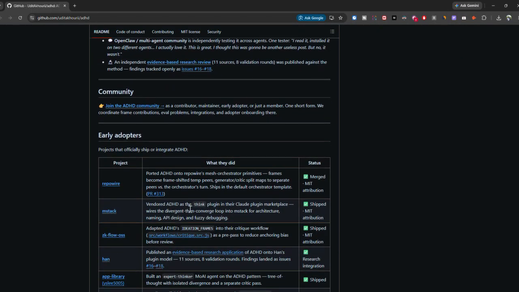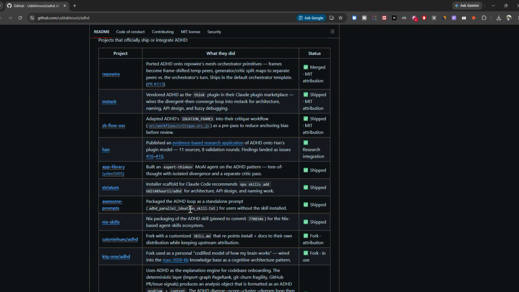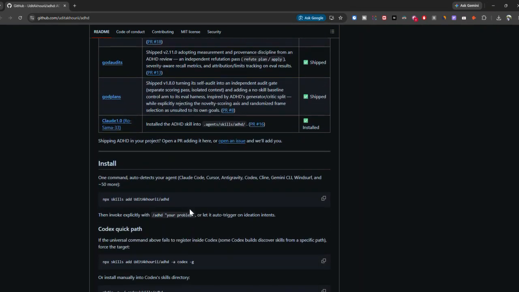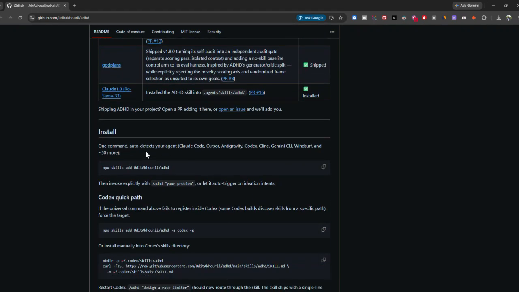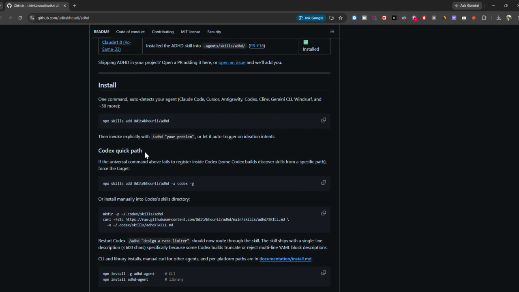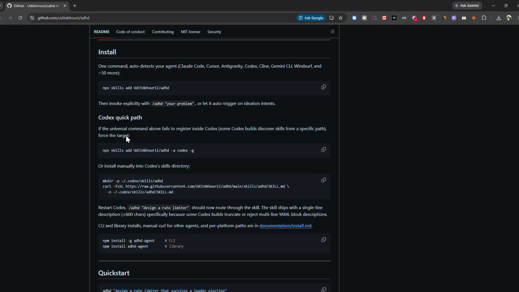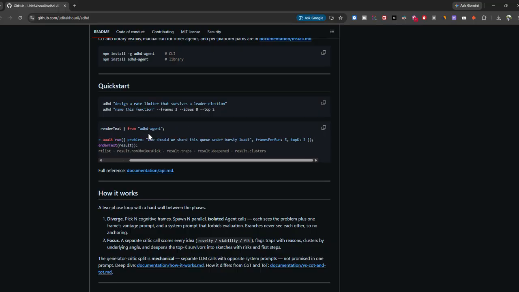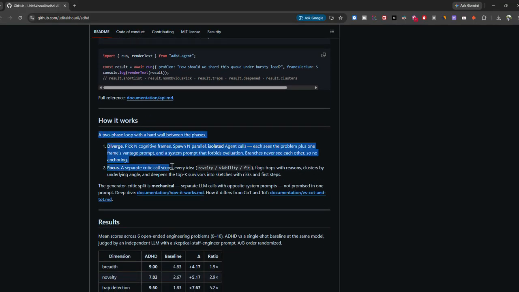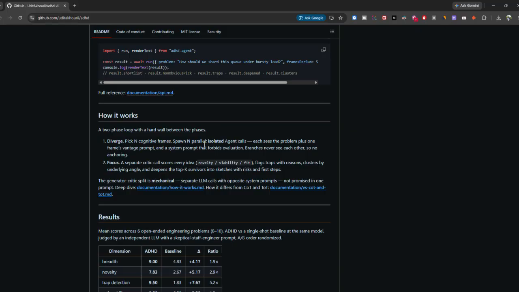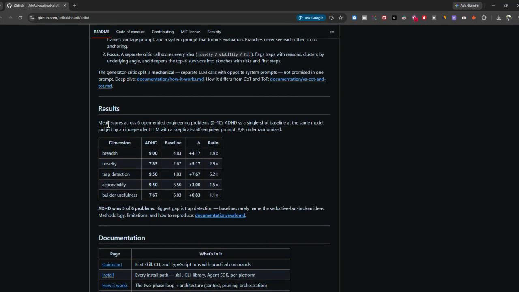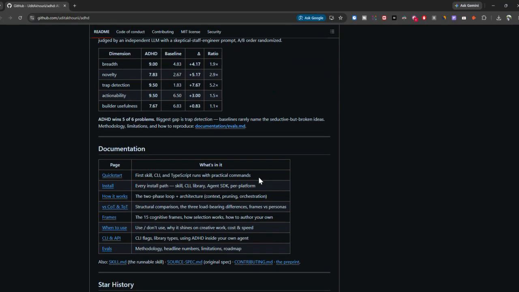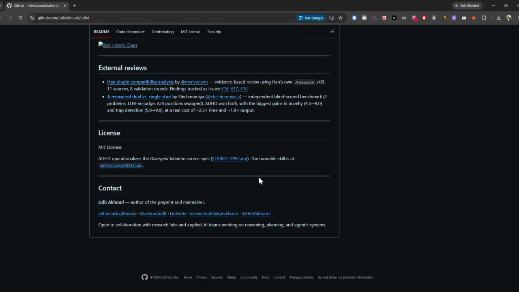You see, it does all this. Just go through them in your own free time to understand how it functions. But if you wait till the end, I will show you how it is useful. This is how you install it. You can use the code to install it manually, or you can follow the procedure that I'll give you. It diverges the thoughts, then focuses on one critical thought path.